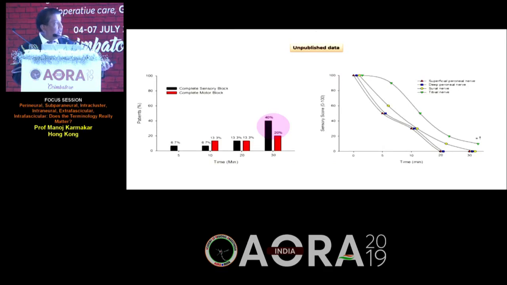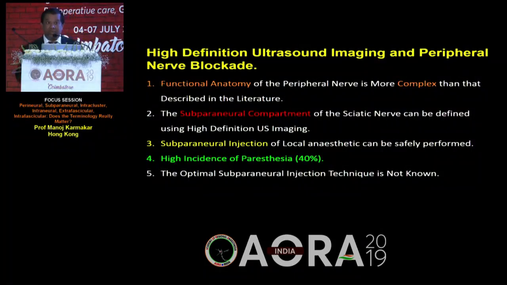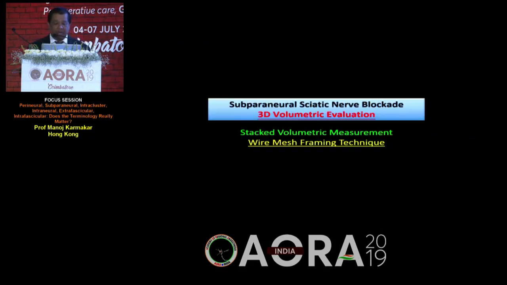So now you can see that even with a subparaneural injection, which many of you may think is the holy grail of sciatic nerve block, not really, ladies and gentlemen. So it actually brings more questions than answers. But because we are going very close to the nerve, we also found it produces a very high incidence of paresthesia. Fortunately, these paresthesia didn't translate into neurological sequelae, but paresthesia may not be a good thing